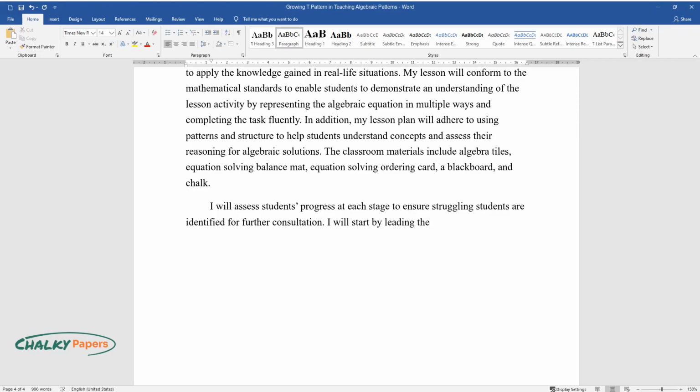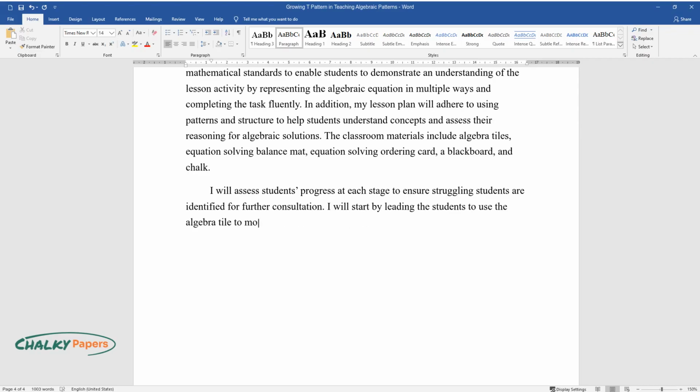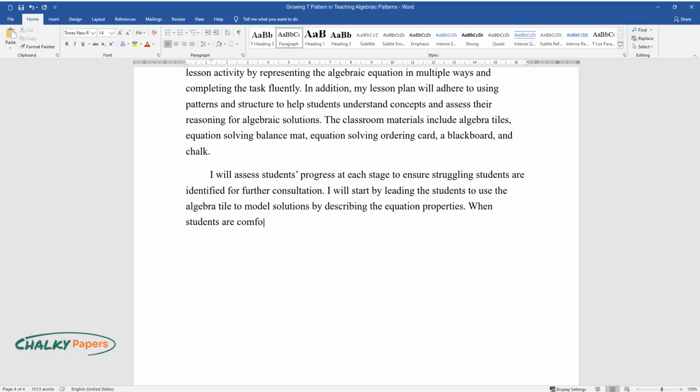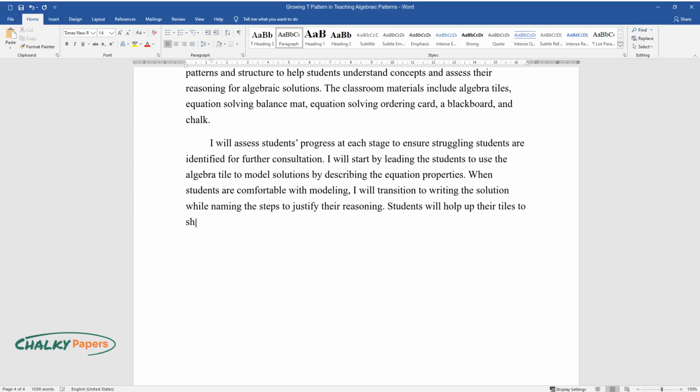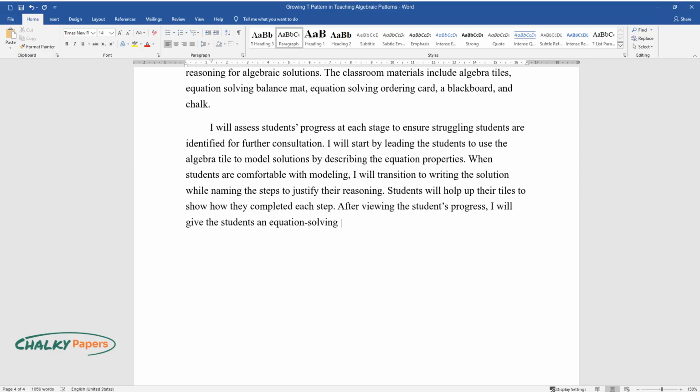I will start by leading the students to use the algebra tile to model solutions by describing the equation properties. When students are comfortable with modeling, I will transition to writing the solution while naming the steps to justify their reasoning. Students will hold up their tiles to show how they completed each step. After viewing the students' progress, I will give the students an equation-solving ordering card to emphasize that solving an equation